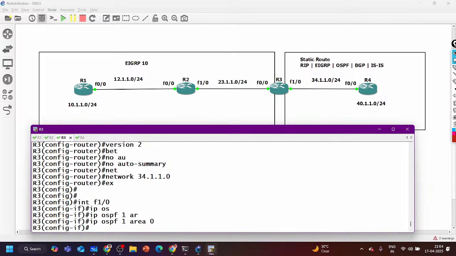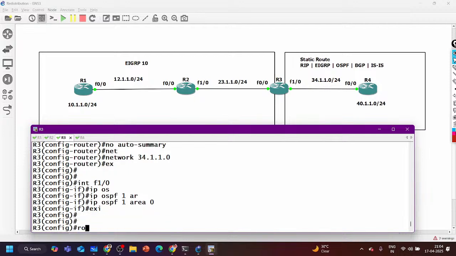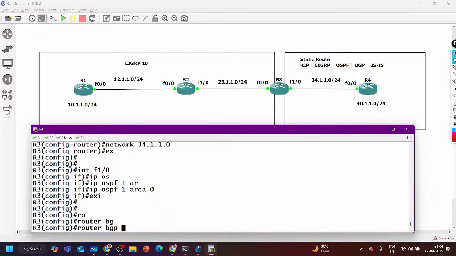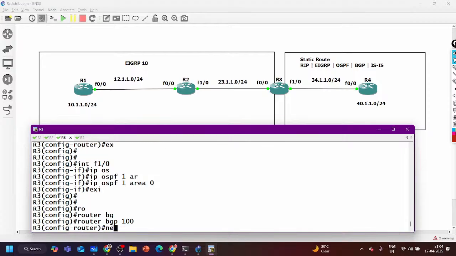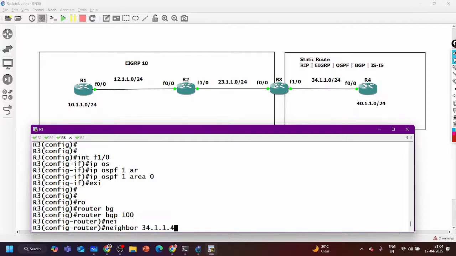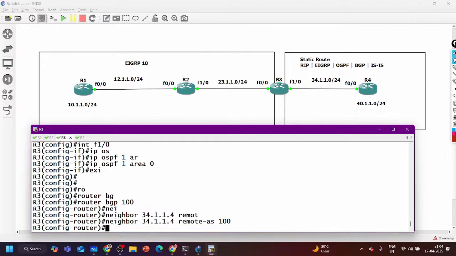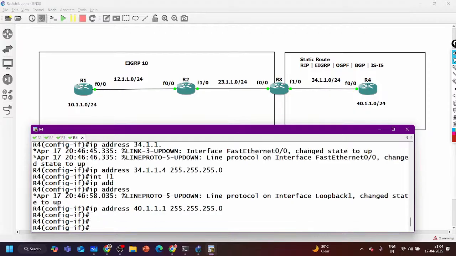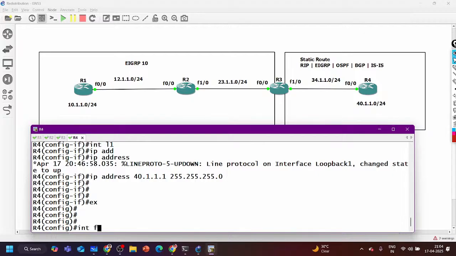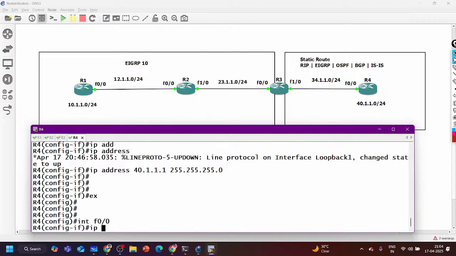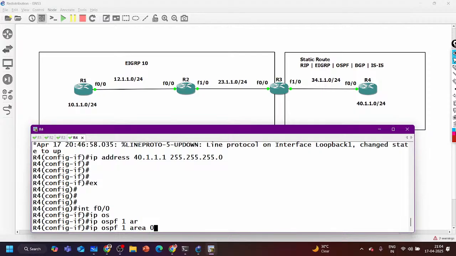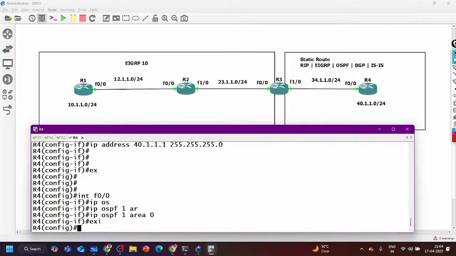I have enabled the OSPF as well. If you want to enable BGP, router BGP AS number 100 and neighbor, let's say, 34.1.1.4 and remote AS of the neighbor is also, for example, 100. So we have enabled BGP as well, all the protocols. On router number 4 also, let me enable all protocols here. Interface F0/0, ip ospf 1 area 0. So first of all I want OSPF neighborship here between router 3 and router 4.